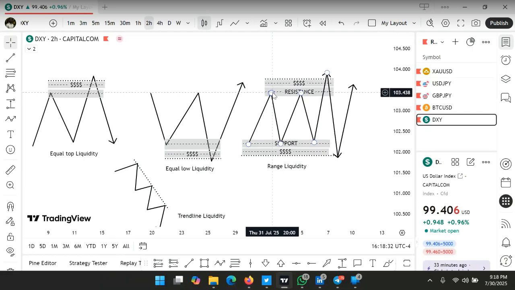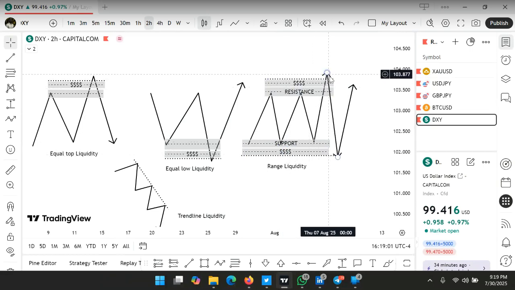So these big guys with money, they need a subsidized way to enter into the market. They want to use retail traders as scapegoats. They will set a trap for them, because they know these traders trade this resistance and support level, and many people will be placing their stop losses above this resistance or support level, or below this support level. So these guys use them as scapegoats, take liquidity, meaning they will take their money and buy their position at a much cheaper rate. That's the essence of liquidity.